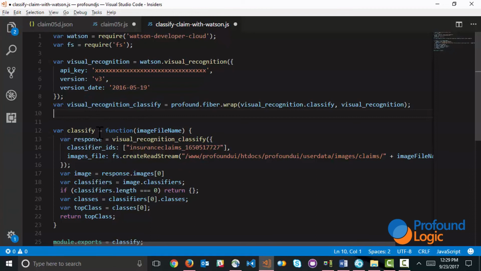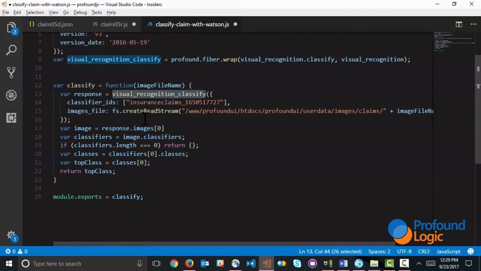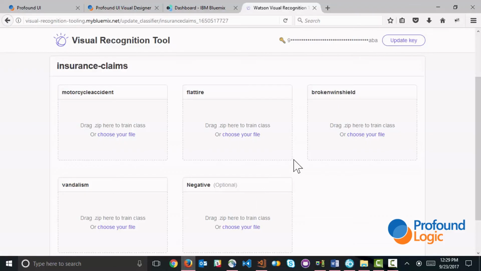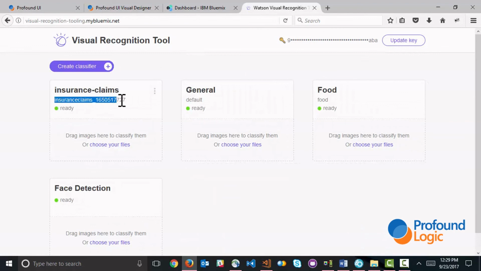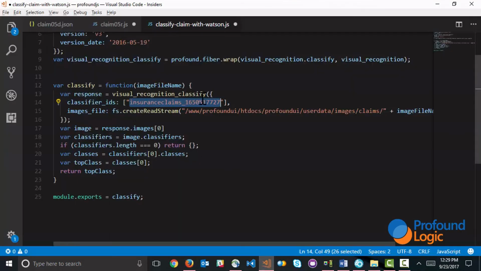So now I have something called Visual Recognition Classify, a routine that's documented out there. And here we are calling it. So this is the classifier routine for us. We're calling it, and we're passing in the ID. Again, this ID, let's go back one screen, you can see this ID is listed right here. So I had to pass in this particular ID to Watson so that it can come back with the different classifications. So that ID is being passed, and then I'm passing in the image that's been uploaded. So I have to do this fs.createReadStream and pass in the path to the image.